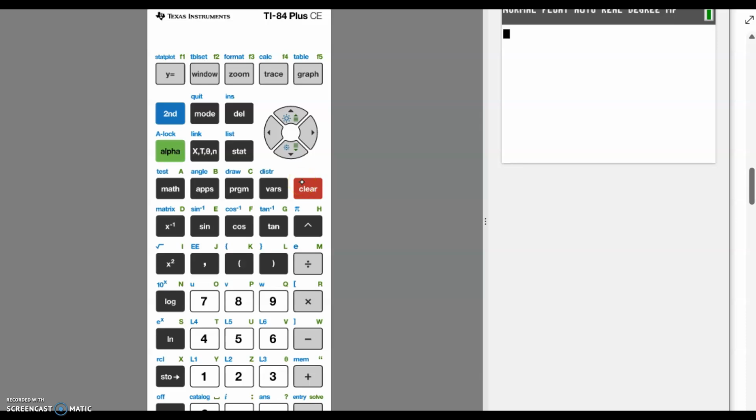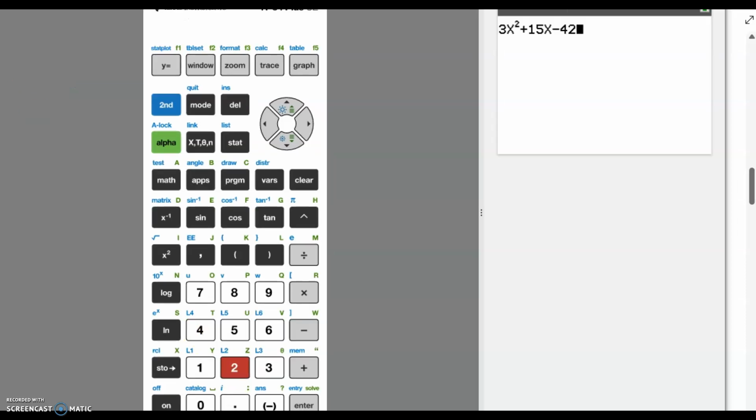Okay, now all I have to do is type in the function exactly as I saw it, and b of x was 3x squared plus 15x minus 42, and when I hit enter,